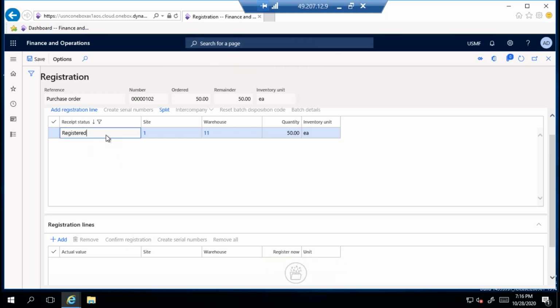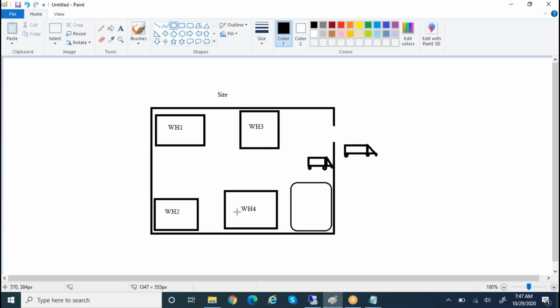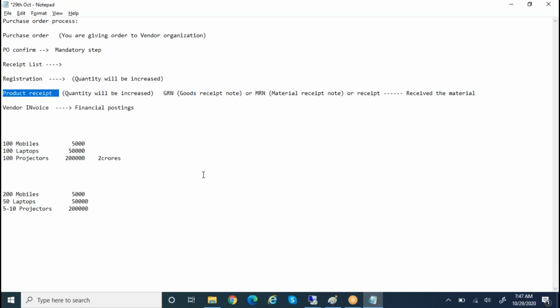The status will be changed to registered. If it is registered, then the stock increases automatically. Suppose 100 quantity is already available. Now I did 50, then it will become 100 plus 50. Understood? If you are using registration, the quantity will be increased at the time of registration.